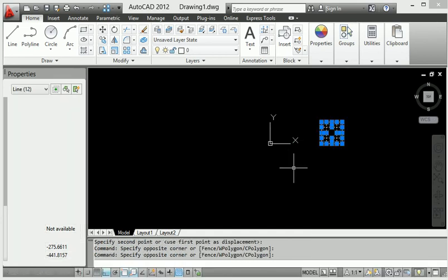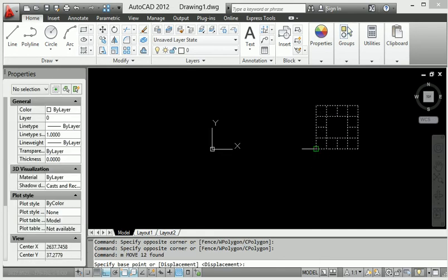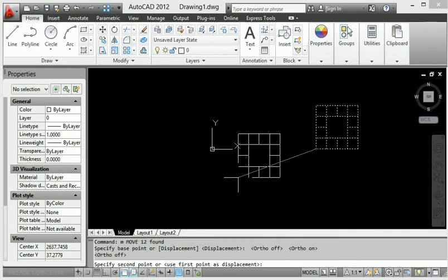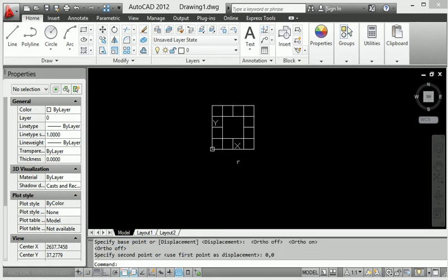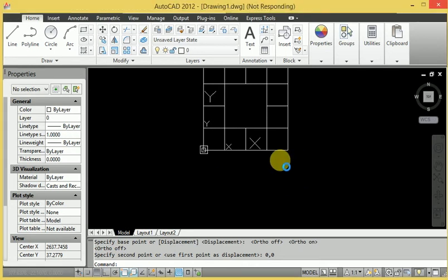So first select all components and go to M enter and this point, go to move here and click 0,0 enter. Do you see that all components have come to the origin area? Okay, so this is the origin area.